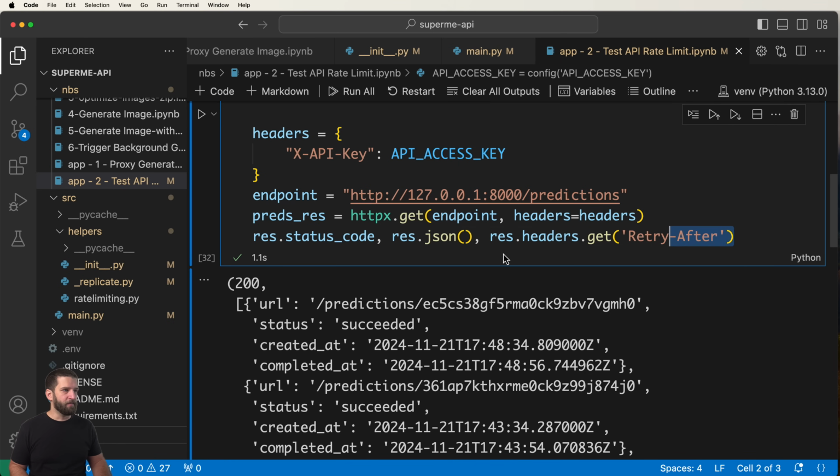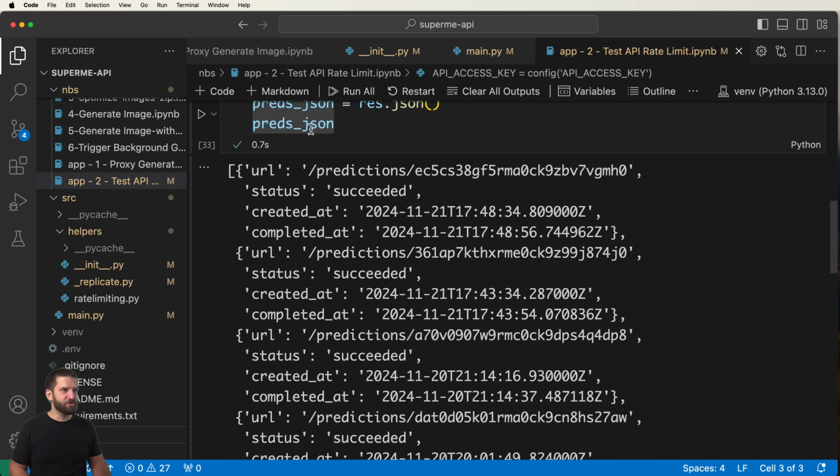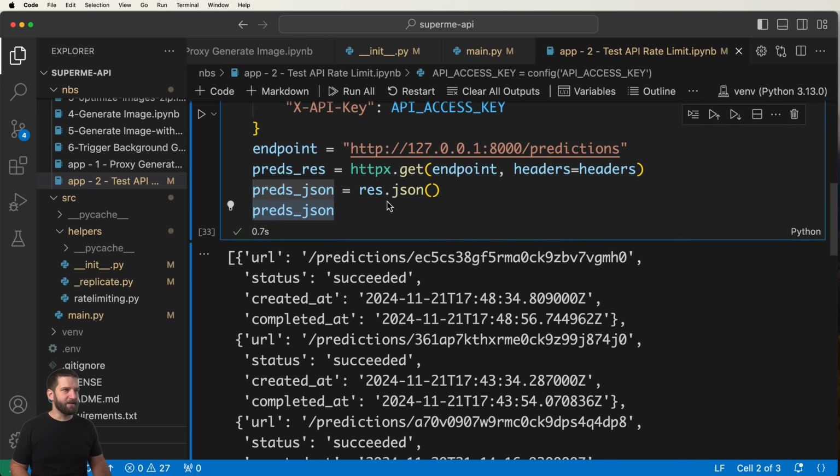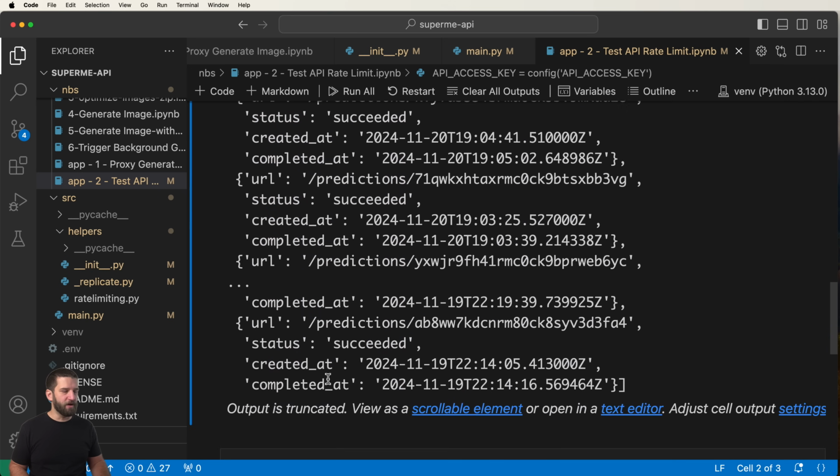And then in here, we will get our preds response, which is going to be our preds JSON, which is this right here. I don't really need to show all of those other things any longer, but there's our preds JSON. So basically what I want to do is I want to be able to grab that most recent one's